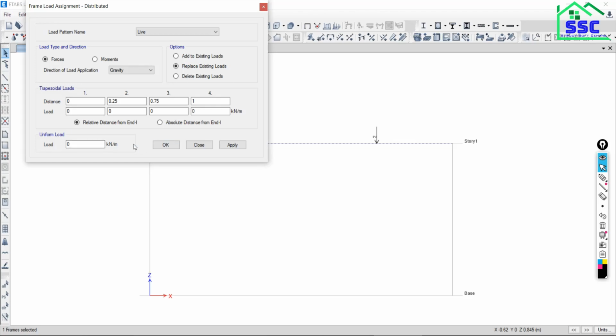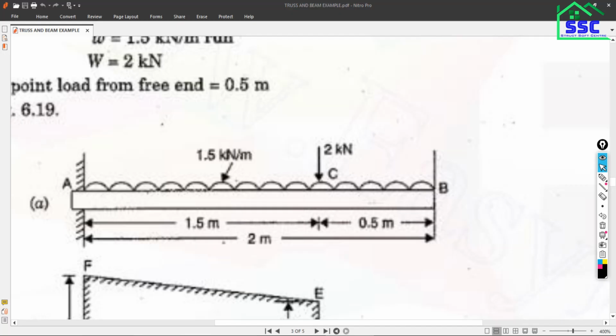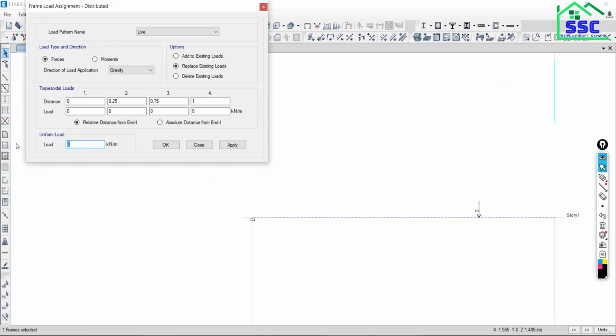Here we have uniform loading throughout the length of the member, so you can directly work with the second option. You will understand later. But right now, how much load do we have to assign? 1.5. So uniform load 1.5, say apply.